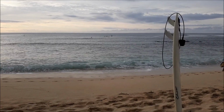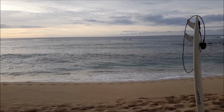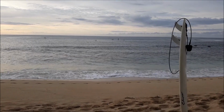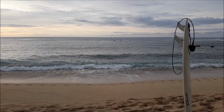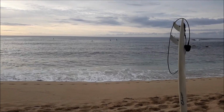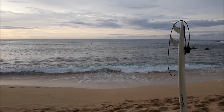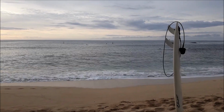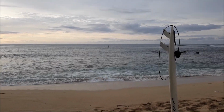Who knows? But yeah, also right now, out there where those people are, this is a perfect time just to go out there and chill, paddle around, swim. By tomorrow morning, right out here where those guys are, there'll be some shoulder-high waves, fun little sets. And then by tomorrow afternoon at this time, towards sunset, this will be so big it'll be closing out, almost not even surfable. And then I think this one is going to stick around for a couple of days. So this one might be a longer-acting swell. So I don't know, maybe tomorrow morning it'll